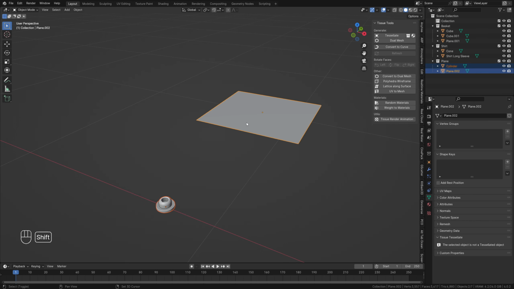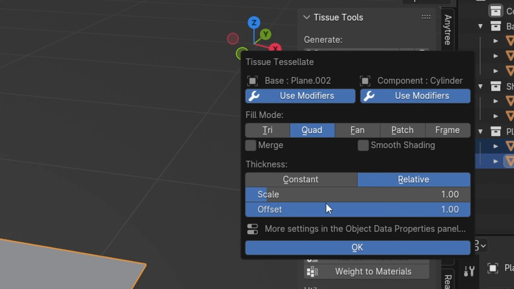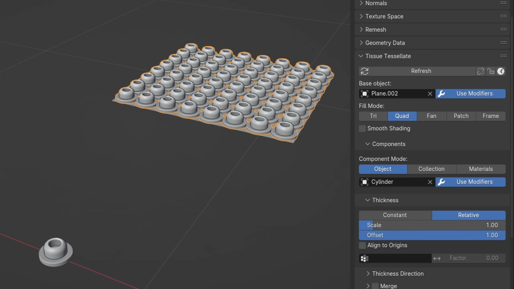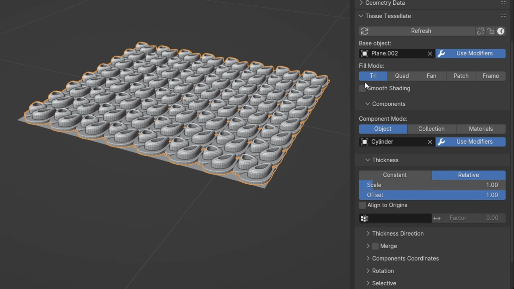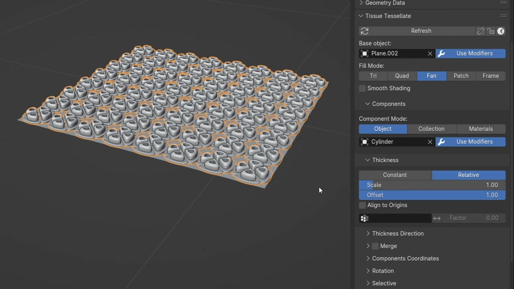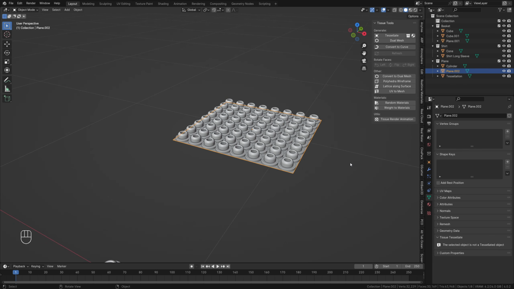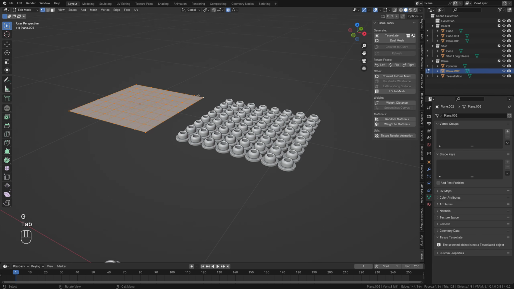Select the geometry, shift select the face, and hit Tessellate. Now click OK, and it automatically distributes all these things across all of the faces. If we now go to the object data properties, there's this Tissue Tessellate tab. Now we can, for example, use tris or fans to create some really cool patterns as well. This is one option, and the cool thing is this is completely non-destructive, because if I take this face and